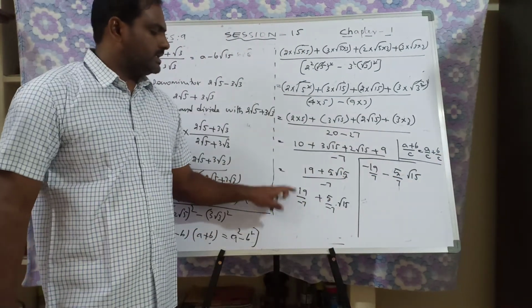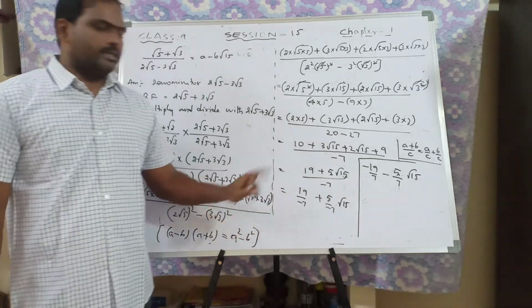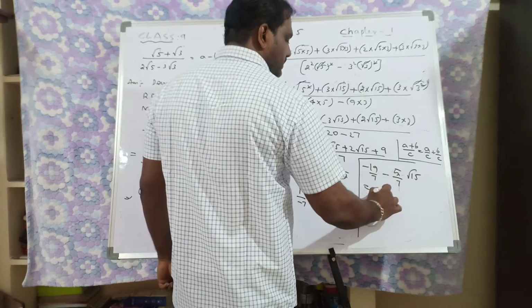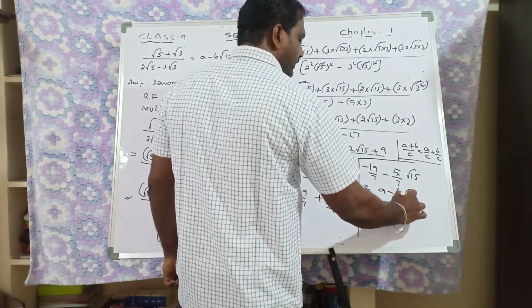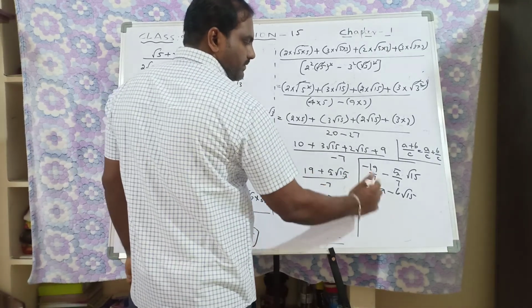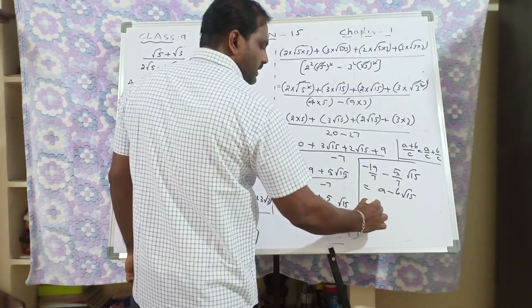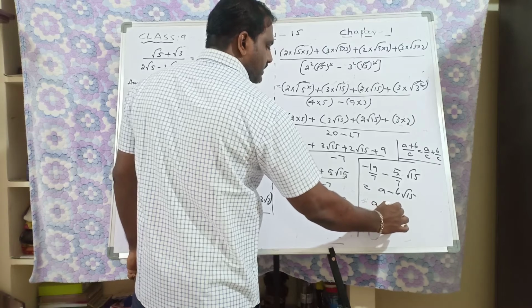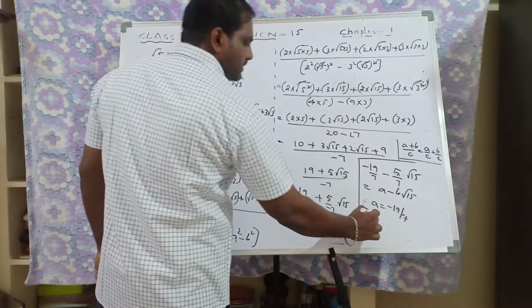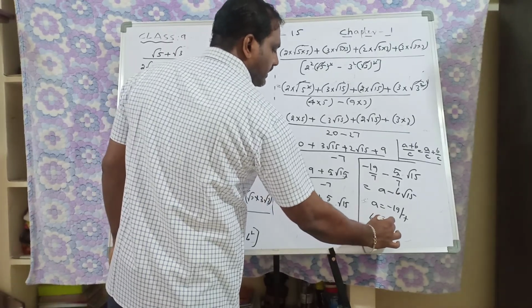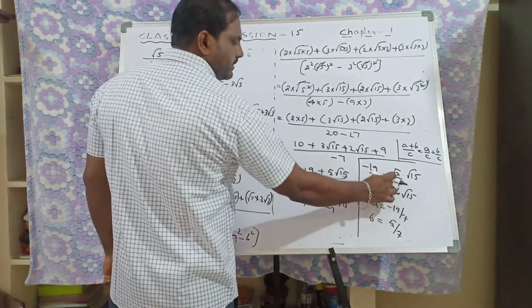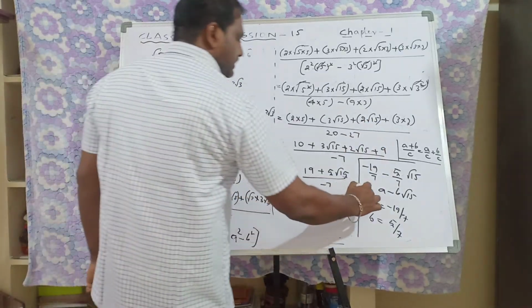If a plus symbol is there, it will become minus. Plus minus or minus plus, you will get that. So what is the answer? Therefore the RHS is equal to a minus b root 15. If you compare this, in place of a what is there? So therefore a is equal to minus 19 by 7 and b is equal to 5 by 7. Don't write minus 5 by 7. Why? Because already in the question the minus is there. So this is the sum.